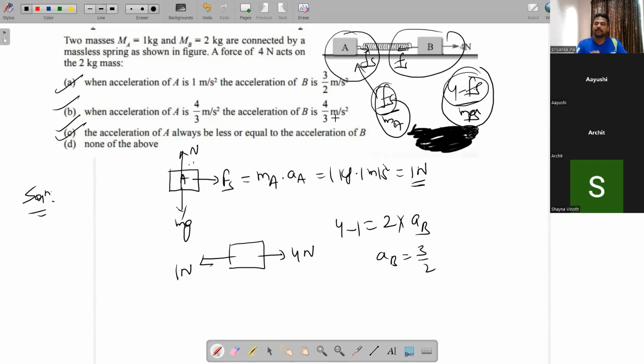स्प्रिंग में थोड़ा एक्सटेंशन आएगा, थोड़ा एक्सटेंशन आया तो स्प्रिंग में थोड़ा फोर्स आएगा, तो बी को वो अपोज करना चाहेगा। जितना फोर्स वो बी पे लगाएगा उतना ही फोर्स वो ए पे भी लगाएगा, क्योंकि आइडियल स्प्रिंग है। तो ए पे जो फोर्स होगा वो खाली स्प्रिंग फोर्स है, बट बी पे फोर्स क्या है, 4 माइनस एफ एस। तो ये अभी बड़ा है क्योंकि एफ एस बहुत छोटा है, तो इसका एक्सीलरेशन डिफरेंट होगा।